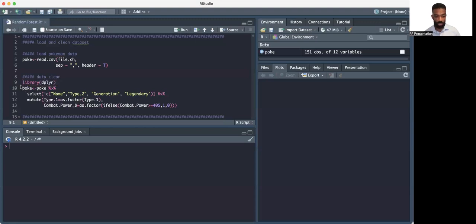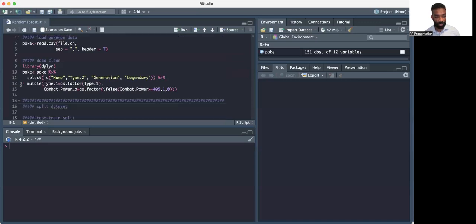Basically, I'm turning type 1 into a factor, which is the type of Pokemon, or rather the name of the Pokemon. And I'm also creating a new variable called combat power B. I'm basically dichotomizing the continuous variable combat power to high and low combat power. So if it's higher than 405, I'm setting it equal to 1, and that'll be high combat power. Else, it's just going to be low combat power, which I'm setting to 0, and this will be a binary factor. Okay, so let's actually run this code